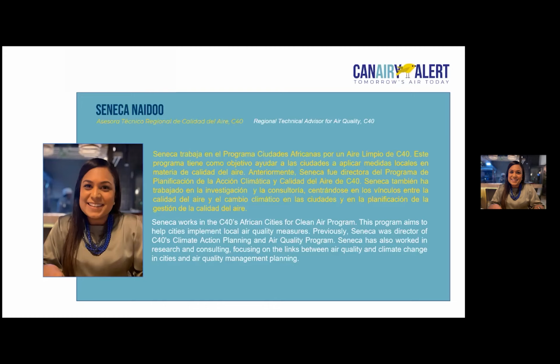We also see integrated inventories as fundamental to mainstreaming air quality across city governments, different agencies and functions. And this is something that's been emphasized in a framework that we recently developed and published called Clean Air, Healthy Planet, which is a framework for integrating air quality management and climate action planning. So this framework is basically a guide that provides a step-by-step process for cities to integrate air quality and health considerations into their climate action plans. So in short, that's why we see integrated emission inventories as an important tool for cities.